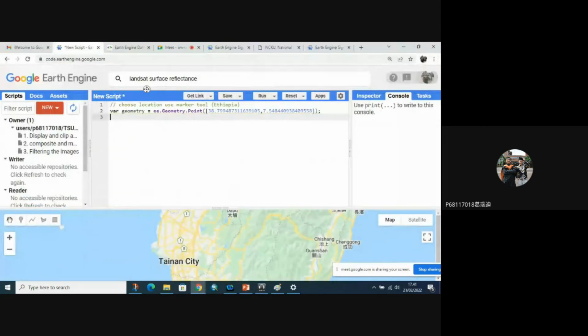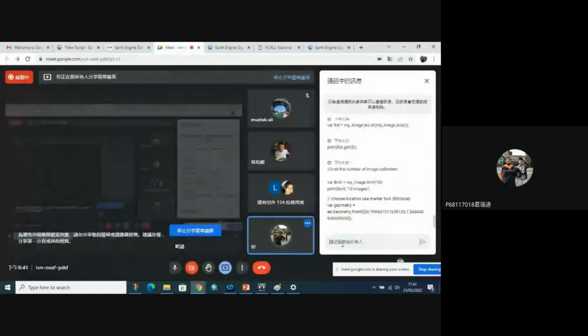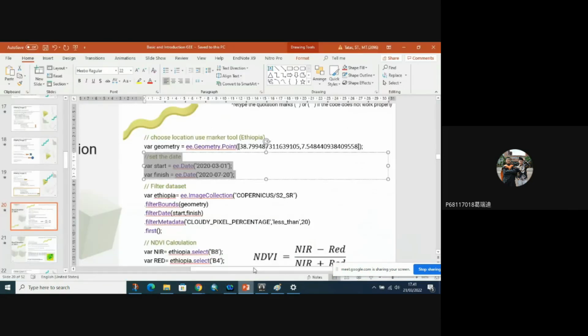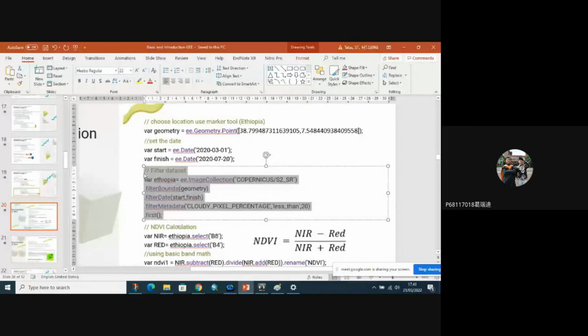Okay, I will copy paste to you. If there is a warning notification, please retype the quotation mark. Yeah, everything is fine now. And filter the data set.